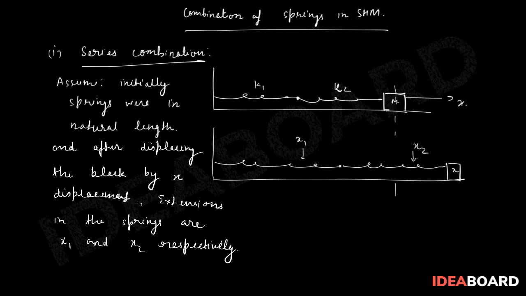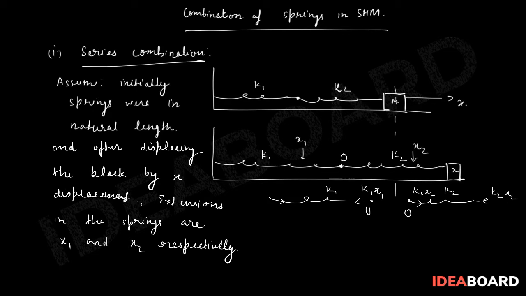That means I can say that if you see individually the FBD of the two springs, the first spring which has spring constant K1 will try to restore its ends with K1 x1 force, right? Suppose this is the point of joint which is O. So this is point O here, and this is the spring K2. This is extended by x2, so we can say this is K2x2 and it will try to restore the ends by K2x2.